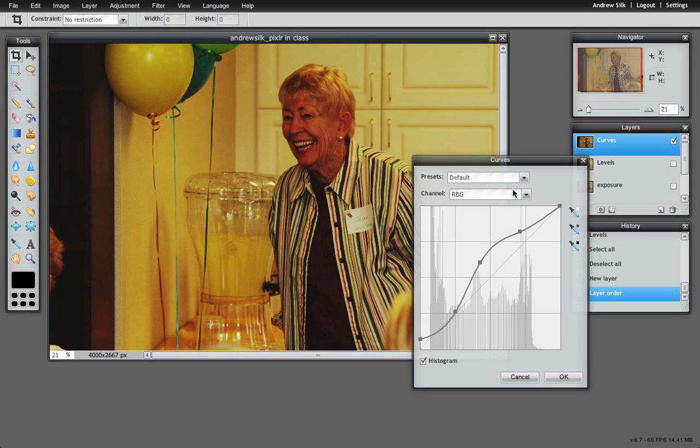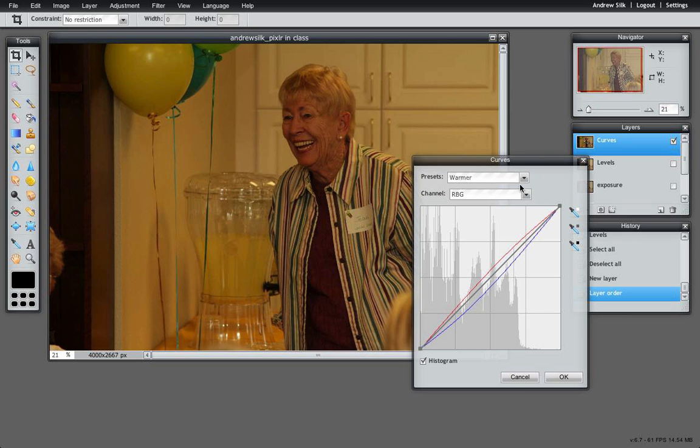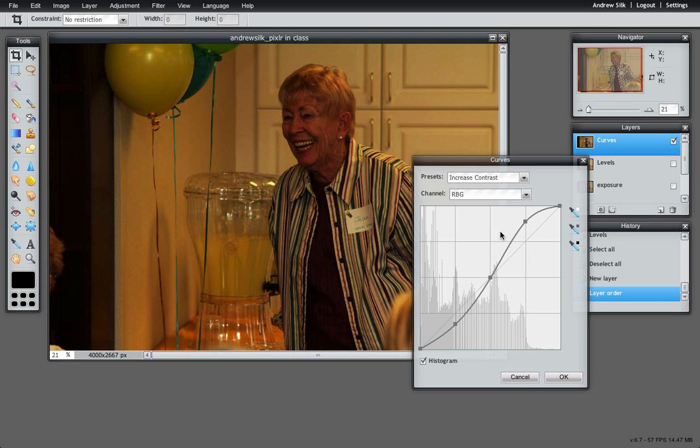Now in Lightroom, you almost never even have to go here. It's way easier, and you still have even more power than this. So this is traditional Photoshop curves. Enough of that. I should maybe also mention, oh, well, I guess there's some presets. I just realized. So I can increase the contrast. I can